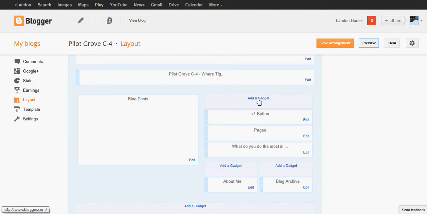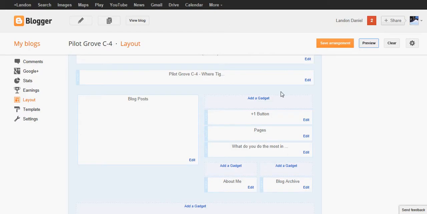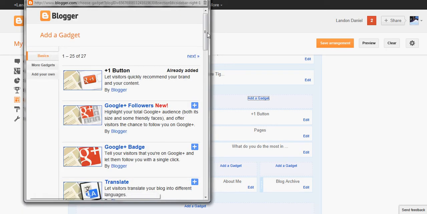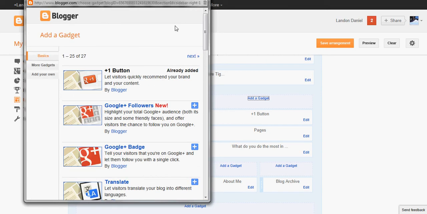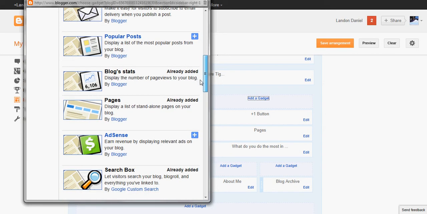Here's the thing I was talking about with gadgets. If we go back to the actual blog, you can see this is the Google +1 gadget, and I added that by using this button called Add a Gadget, and they've got basic ones that Google has on here, but then also you can even design your own gadget or use other gadgets that people have created on the web,